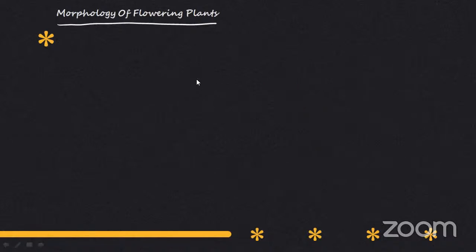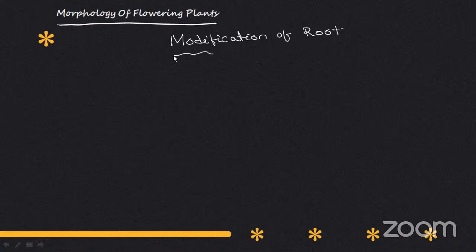Okay, so let's see the modification of roots. Modification of root means what? Root is doing some other function to modify. Root is going to modify itself and it performs some special function besides its normal function. So let me write what is modification. Root may be modified